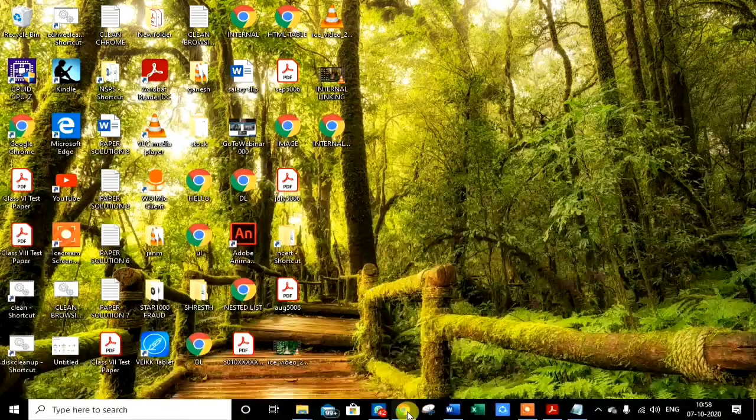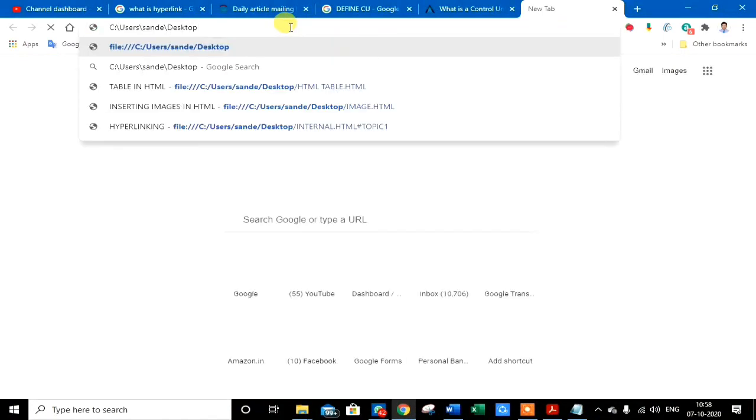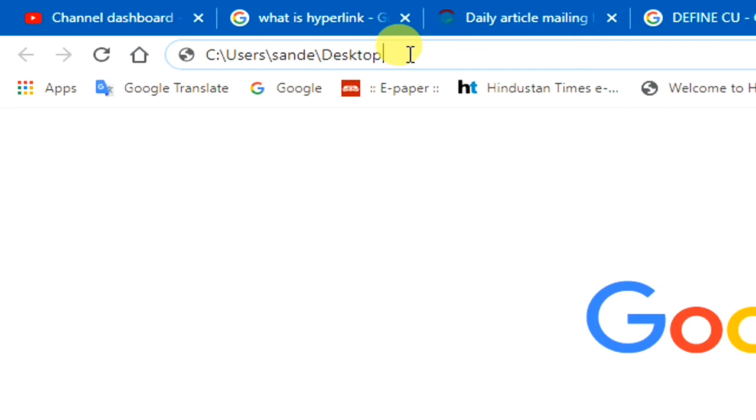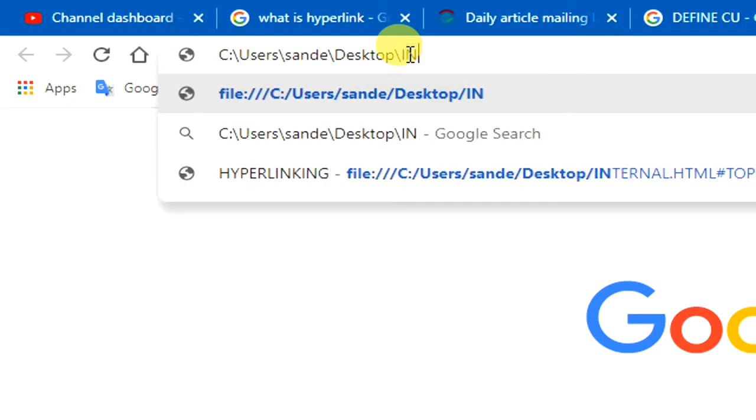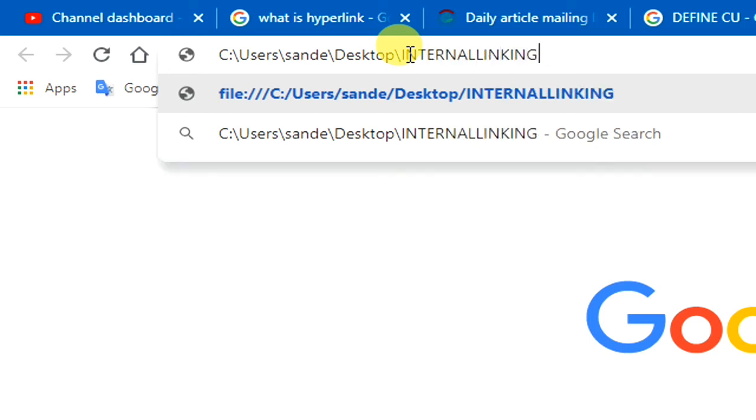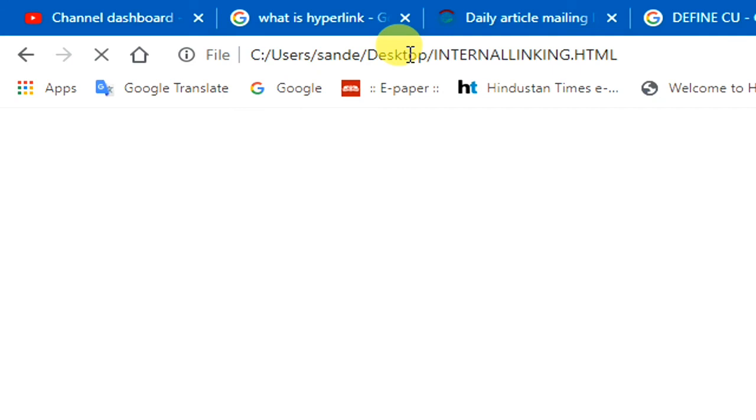Now student, open the browser and type the path address. Student, type the path address internal linking.html and press enter.